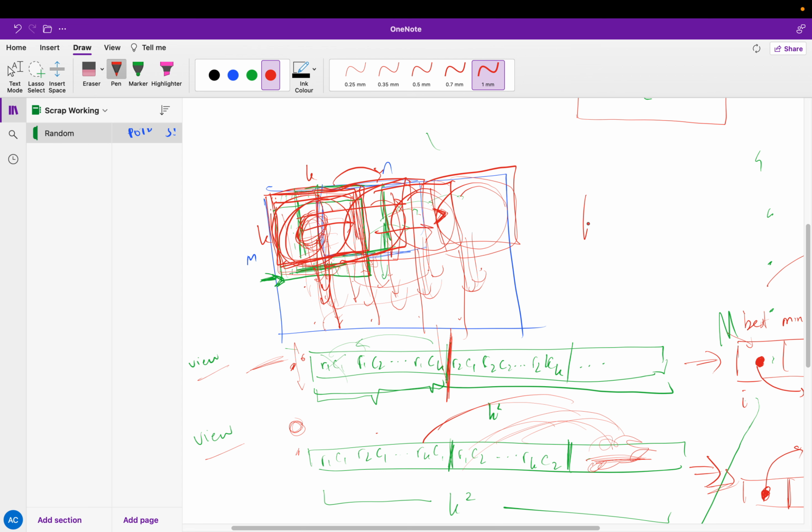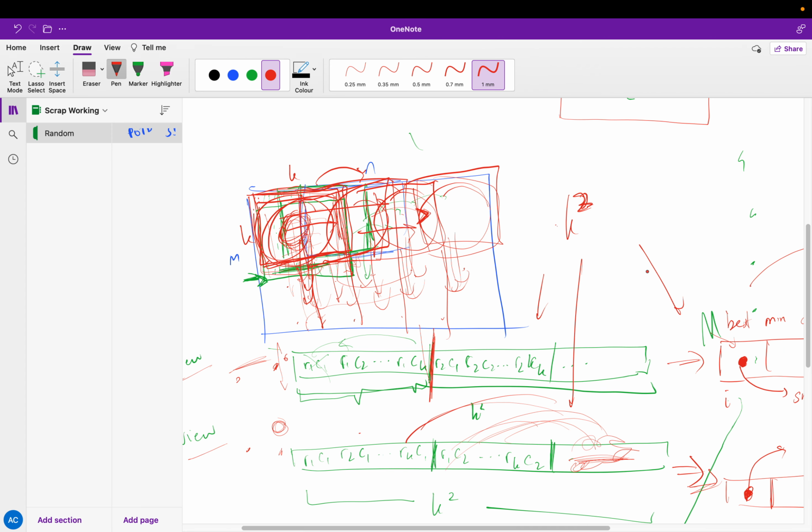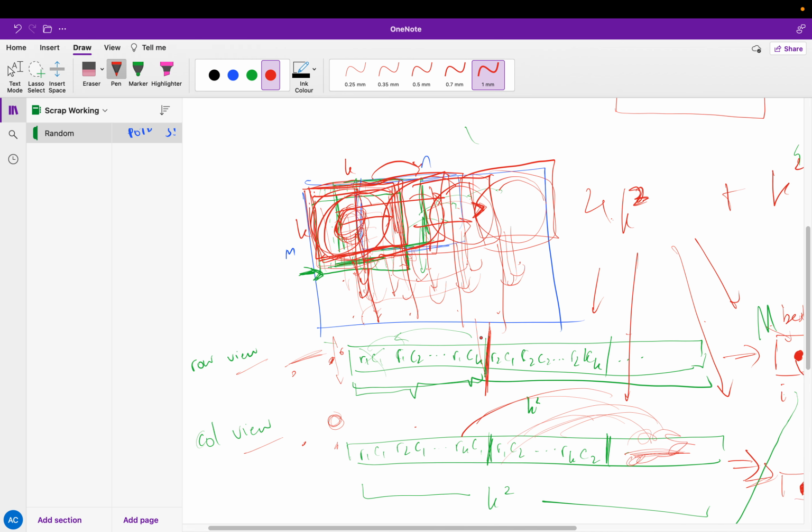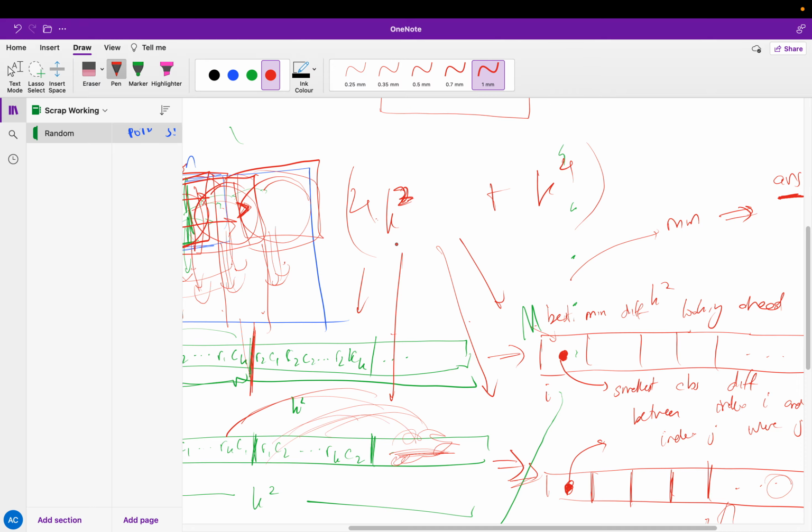Just trying to keep in mind time complexity. If reconstructing one of these arrays is k squared time. Reconstructing this array is k squared time, and this one is k squared time. And constructing these corresponding arrays is also, I think, k squared time. So it's 4k squared, and then a k to the 4 operation to do the pairwise, the double for loop thing. That's sort of the very first array. And then for the next array, let's say we